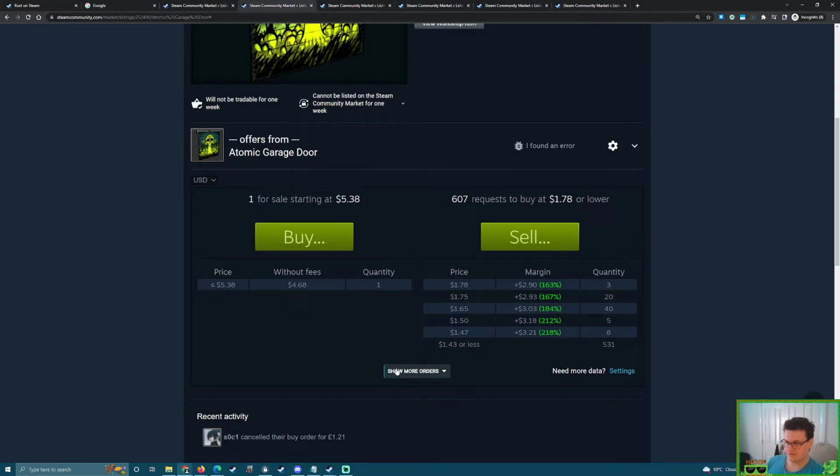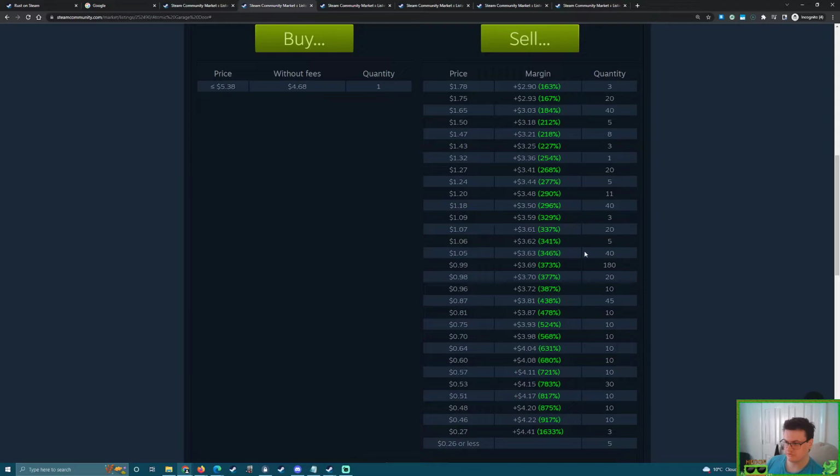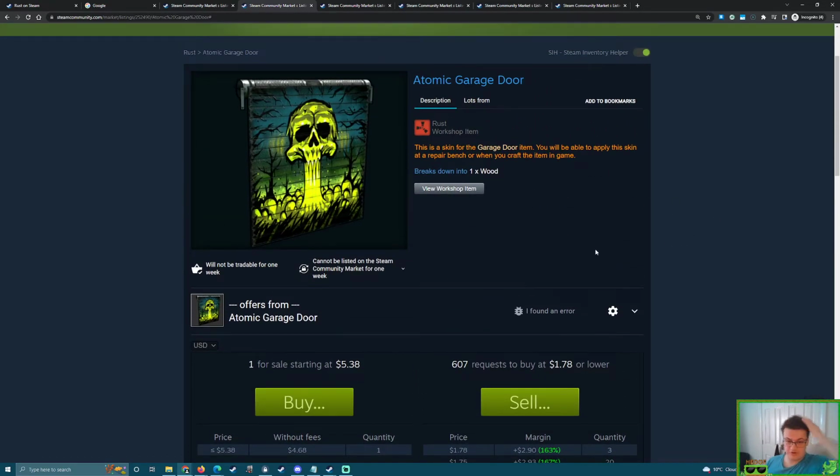And as we can see, the buy order support has more requests to buy, and the bulk of it is around $1. But the big spots go up to about $1.80, $1.70, $1.60, yeah. So, yeah. The word I've passed on to you,